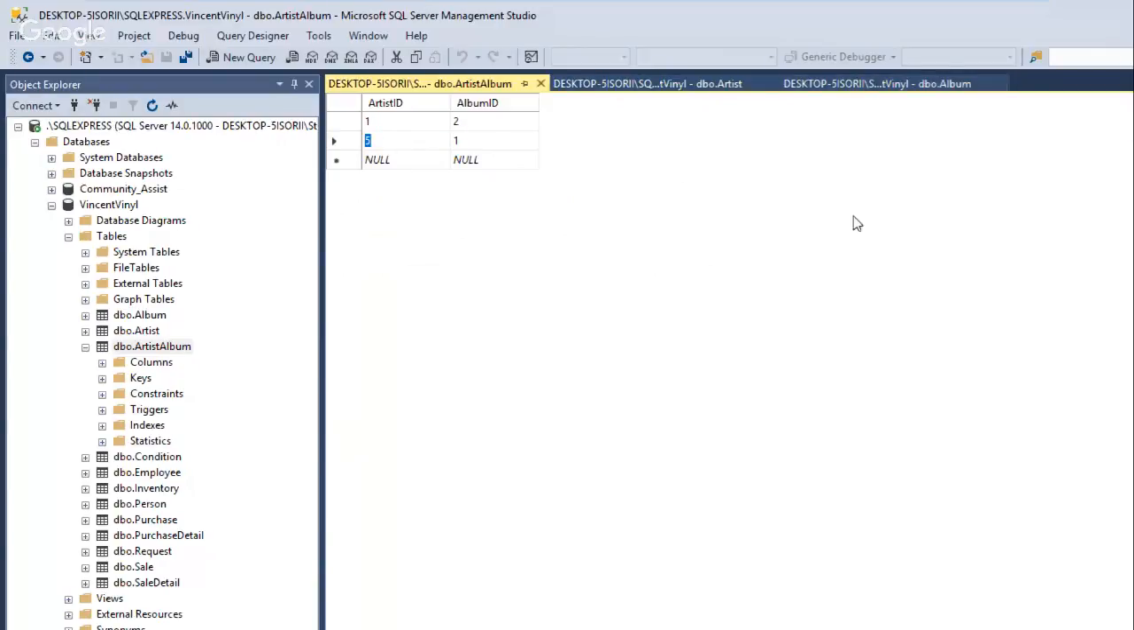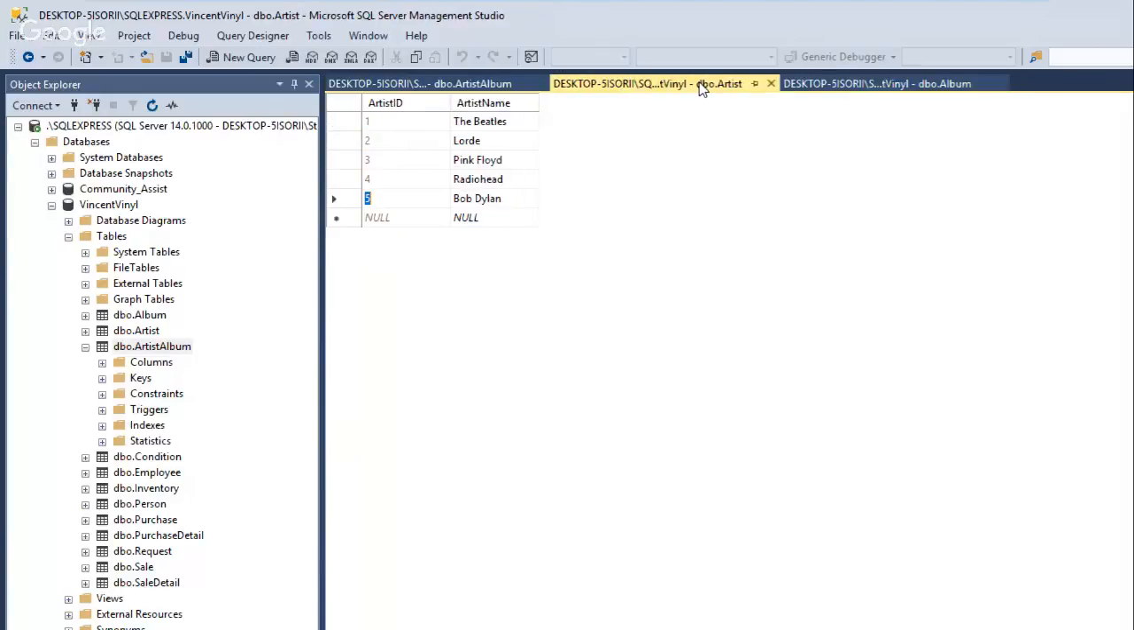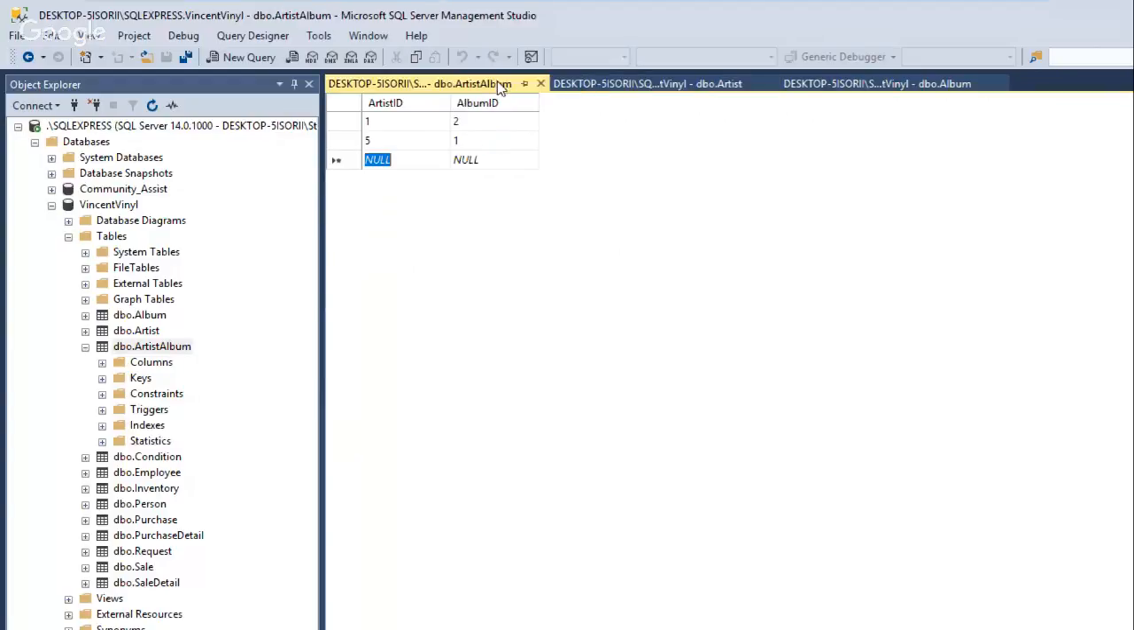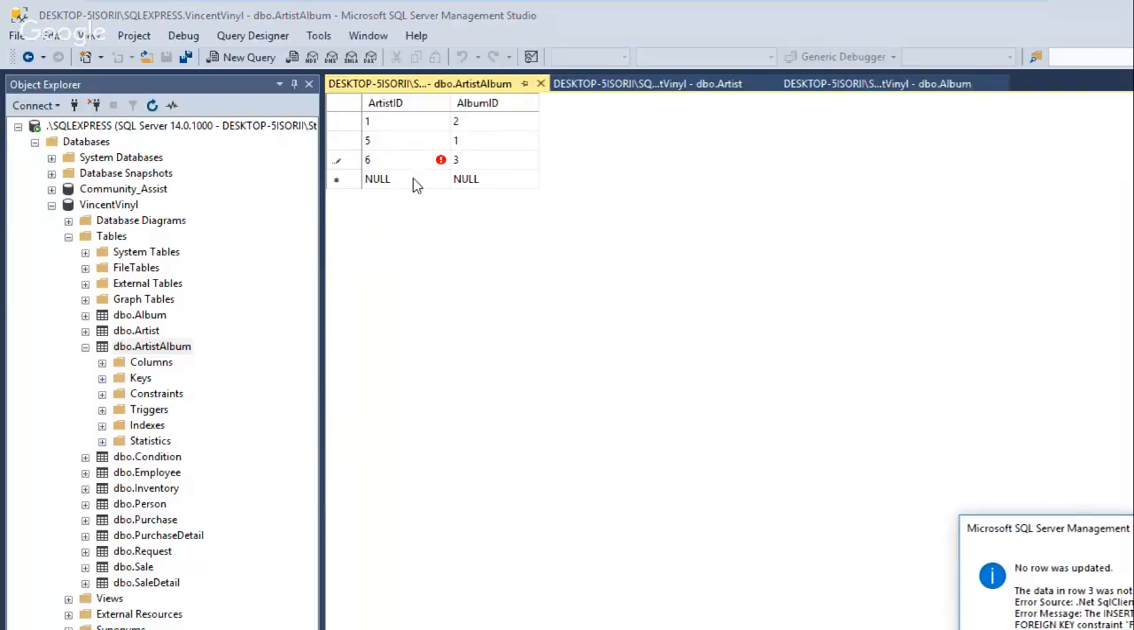Oh, no. And there's no magic way to do this, right? It's just going back and forth. And if I get one that's not there, so let's look at artist. 5 is the last artist. If I were to put a 6 here, and a 3, even though 3 is a real album, it won't save,